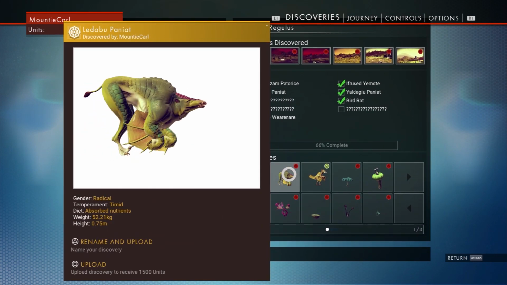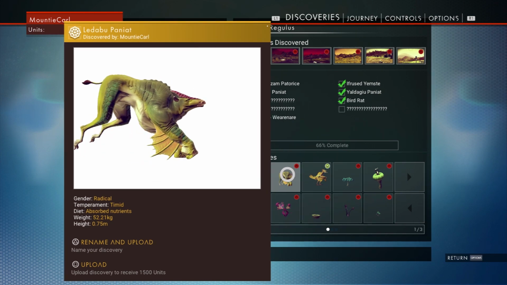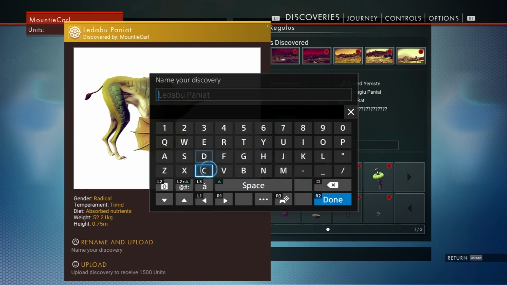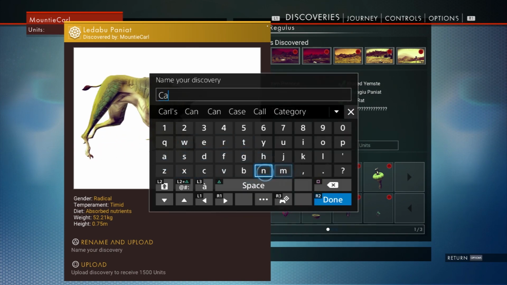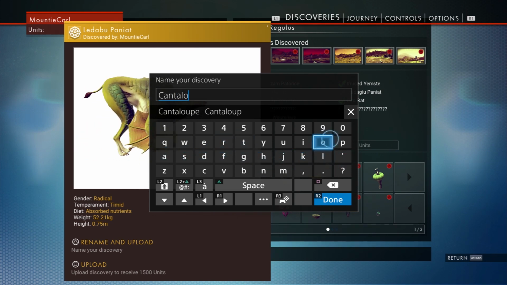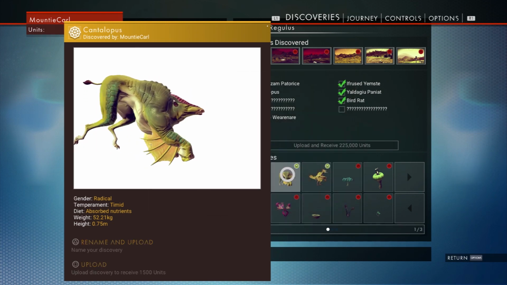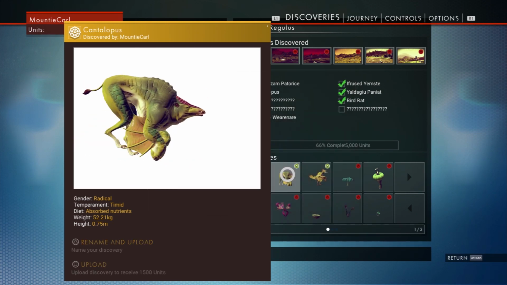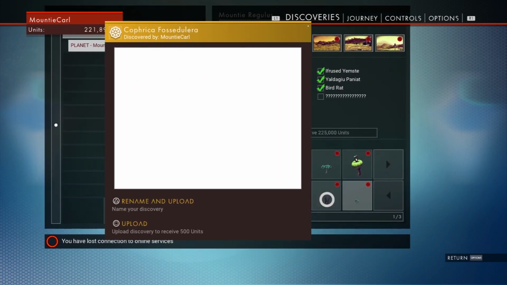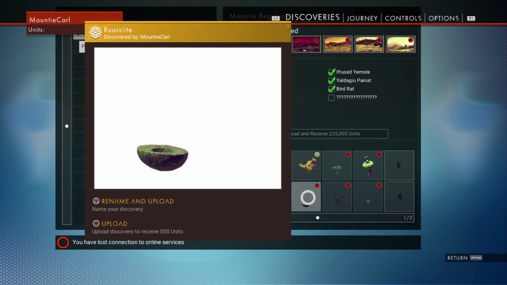So you can actually see this one here looks like a flying armadillo or something like that. So you just kind of got to figure out, and this was non-aggressive. This was one of those ones where you were just like, okay, what should we name it? Let's go ahead with Cantaloupe, because it kind of looks like an antelope and a cantaloupe, Cantalopus. Yeah, there we go. We'll just name it that, because that's what it looks like. It's got like a cantaloupe head, and let's go ahead and let's see. I don't really care about naming the